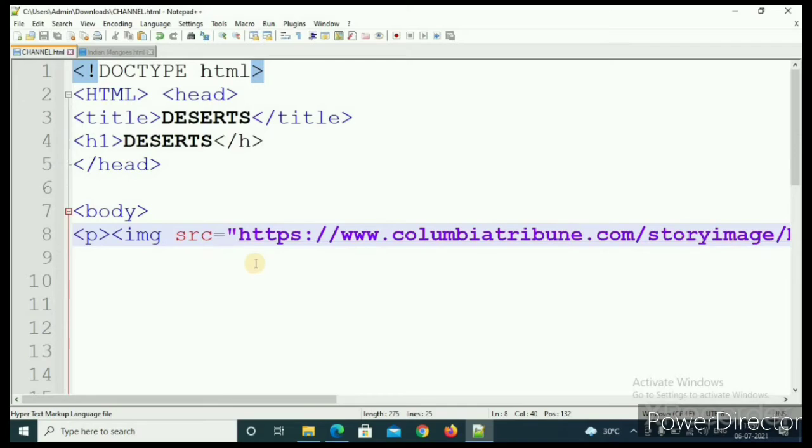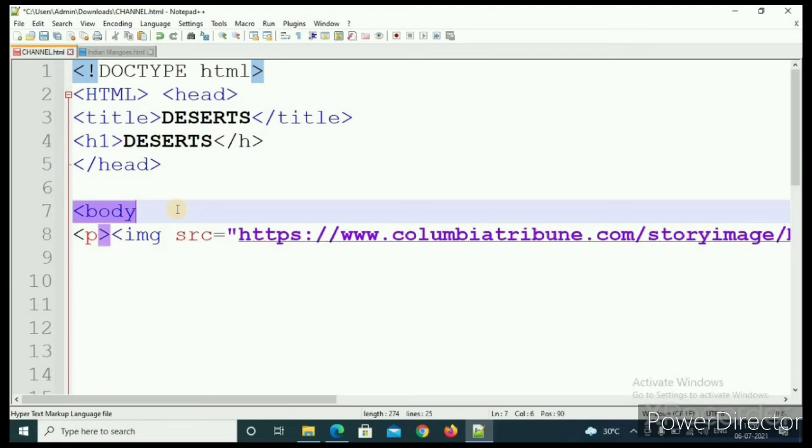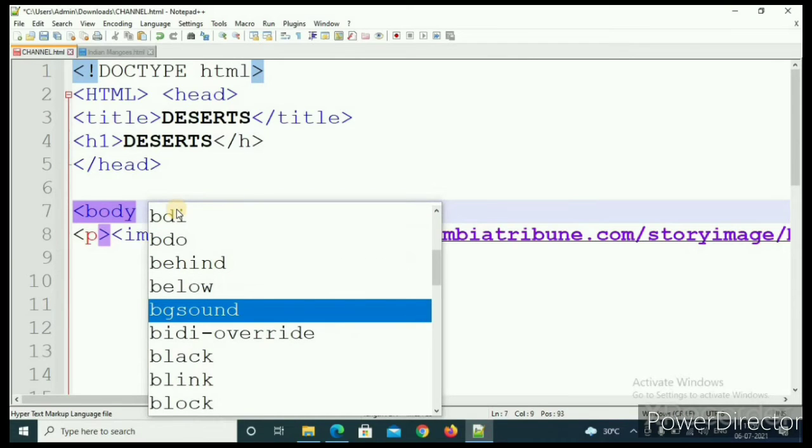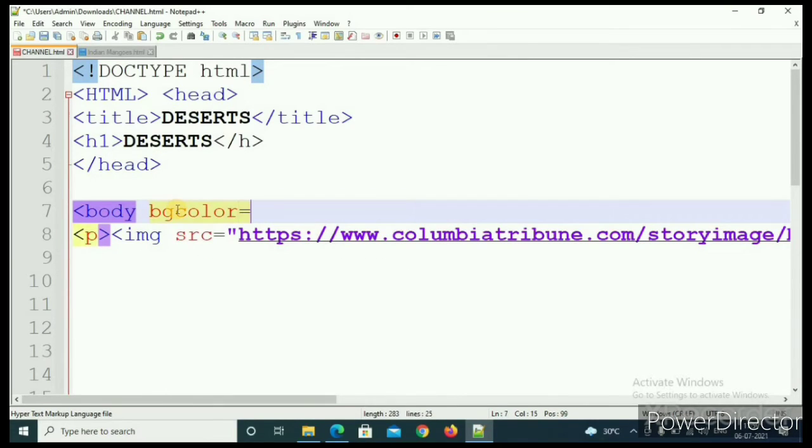Now I want to change the font color. Then, in body, I want to change the background color. So I will simply remove the closing angle bracket, and then type body bgcolor equal to, then inverted comma, and then blue, or any color, but some colors are not there in HTML, so you cannot use them.